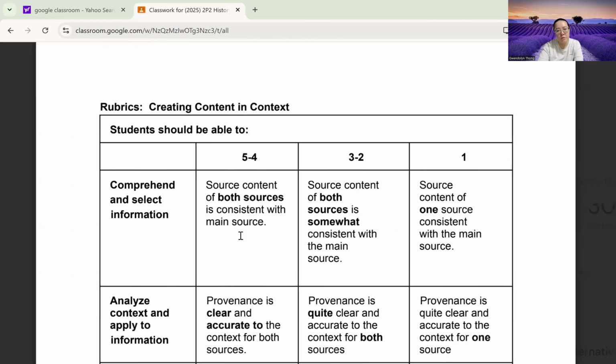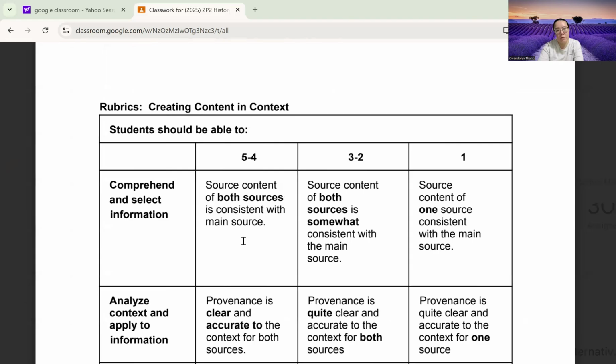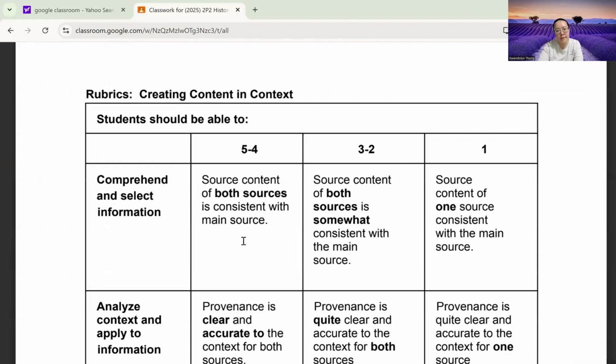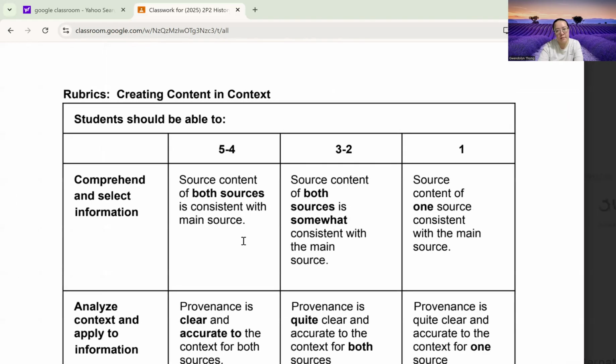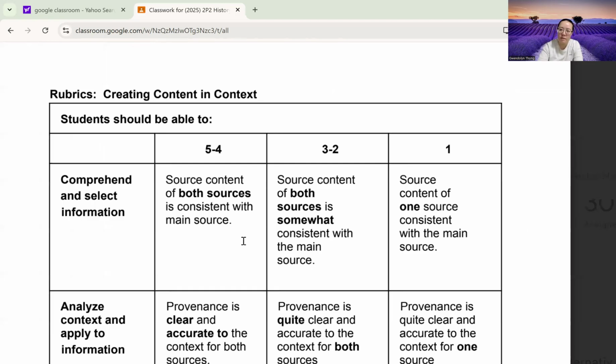right? So you need to be able to identify the nuance within the source, right? I can just give you a hint that each source likely focuses on one stakeholder's point of view, okay, regarding the Malayan Union. So when you are creating the source that agrees and the other source that disagrees, right? Is it consistent with that stakeholder?